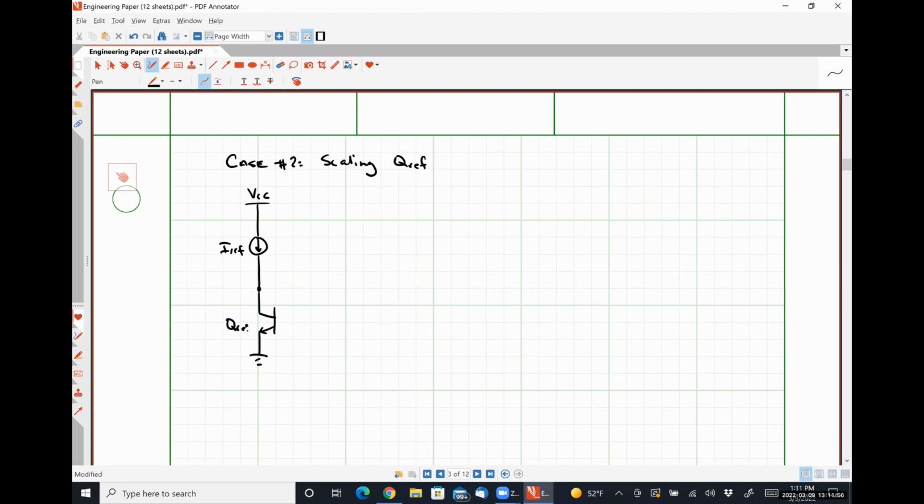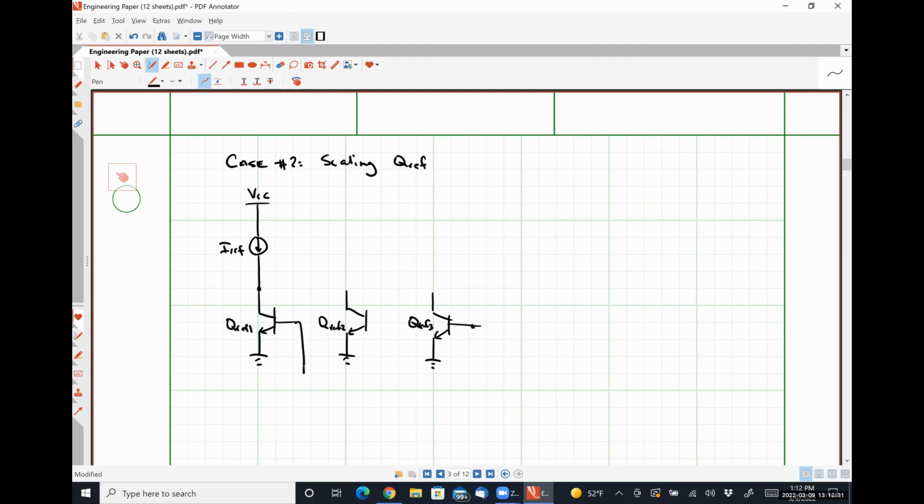Here's what we're going to call QREF1. And we're going to make a copy of that, and potentially further copies depending on the size that we want. Like so. So let's call this QREF2, QREF3. To connect all of these guys in parallel,